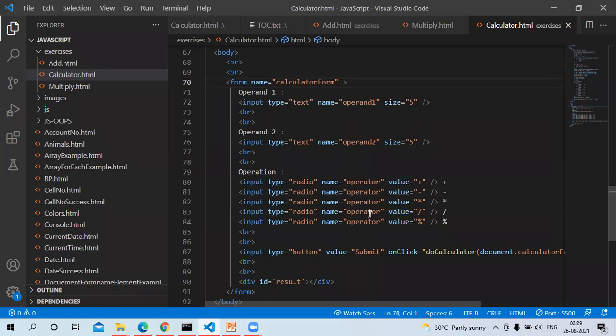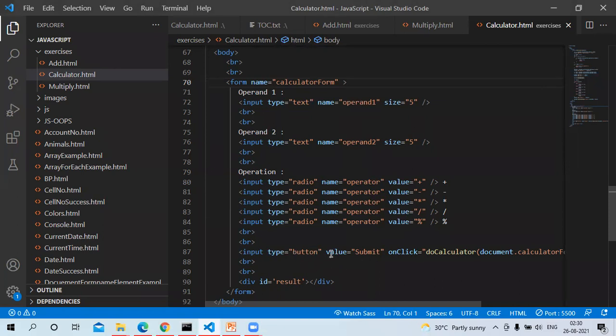That is what we call mutually exclusive. To achieve that, we have to give all the radio buttons the same name. That is why we have named all the radio buttons operator. And these are the values: addition, subtraction, multiplication, division, and modulo.